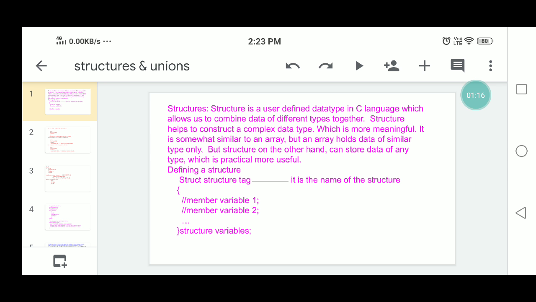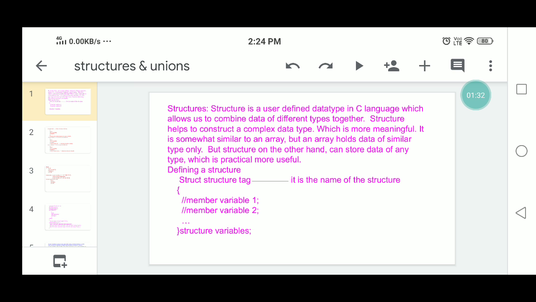How can I use arrays for this problem? I will require something which can hold data of different types together. In this situation, we have to use the structure so that data is stored in the form of records.